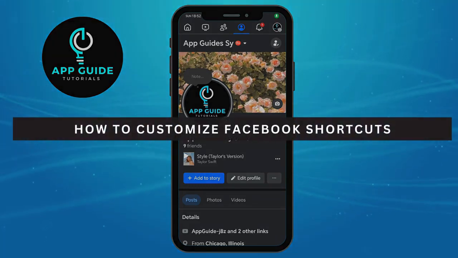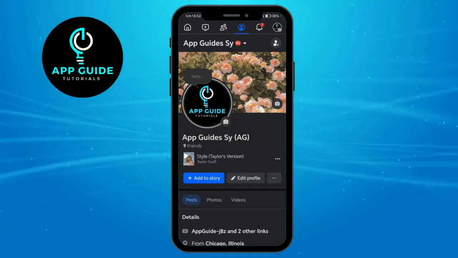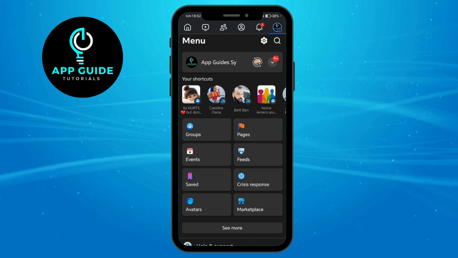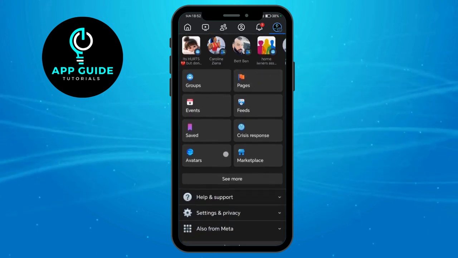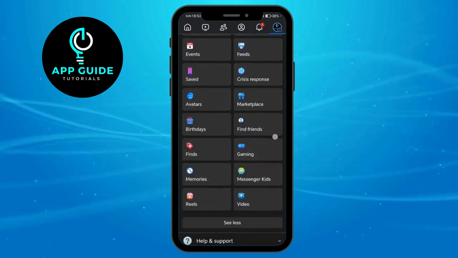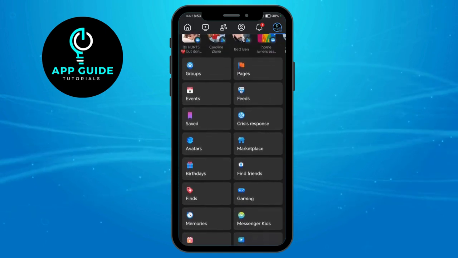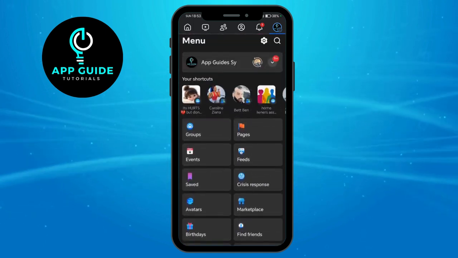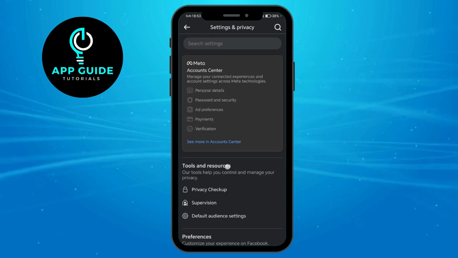How to customize Facebook shortcuts. Head over right here to the three lines, and then from in there you can see all the shortcuts that you have. You can click on the see more right here, and then you can see all of them. So what you can do is you can click on your gear icon, and then from there scroll down